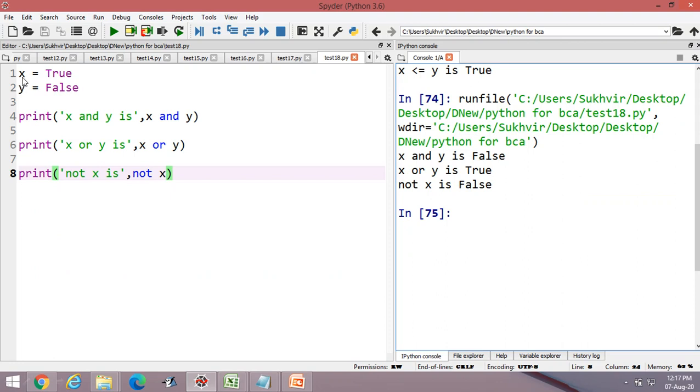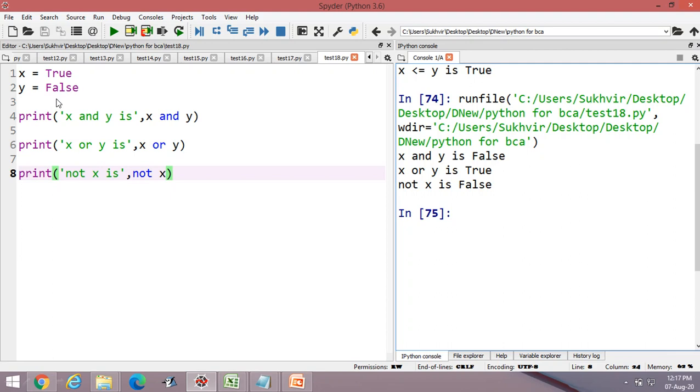If I am writing x is equal to True and y is equal to False, suppose these are the two static inputs. You can give the values also. If I am writing x and y, then the answer is false. Why false? Because one is true and the second is false. The value of x is 1 and the value of y is 0.